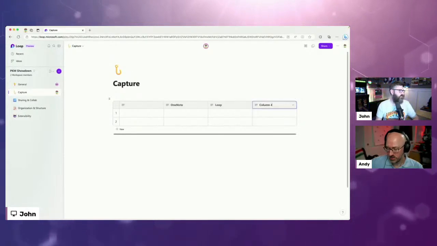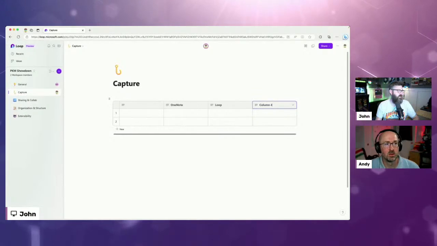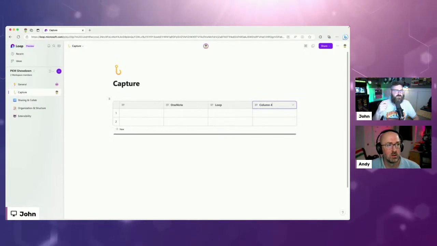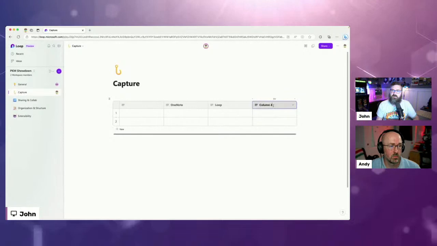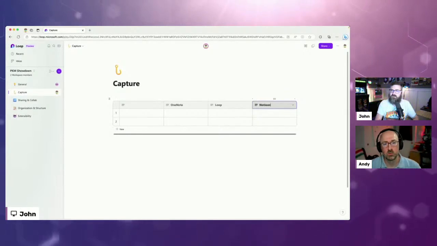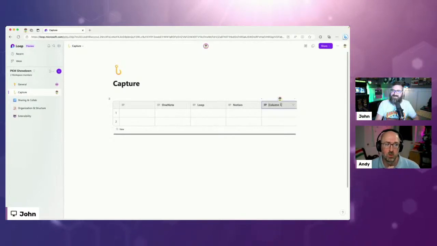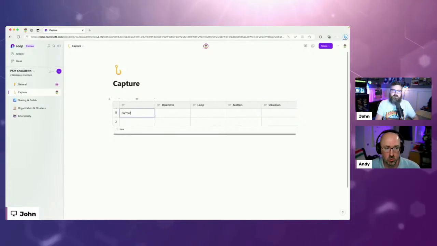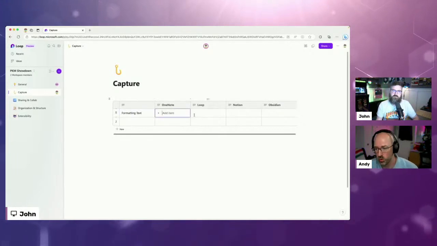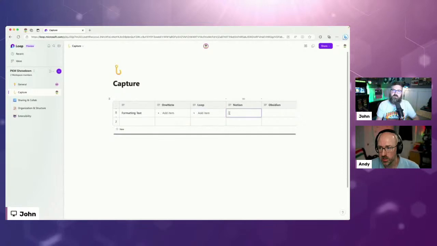So as we get into capture, we want to talk about the way that you add notes, the way that you add images, maybe files to it, things like that, as we fill out the rest of these features. What's the easiest one to start with? Probably text. Yeah, formatting of text and content. So what kind of formatting does it support? Embeds, recording and ingest is kind of how we break it down.